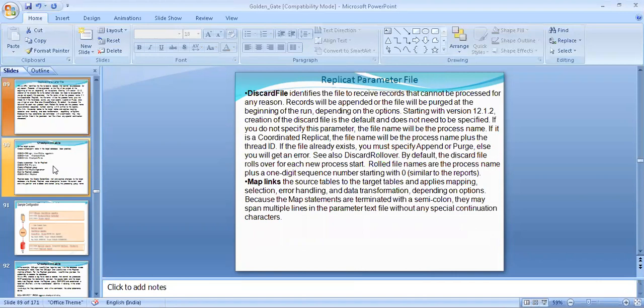Records will be appended, or the file will be purged at the beginning of a run. So discard file means that at the time of replication, if some condition is not met, that record will be stored in the discard file.